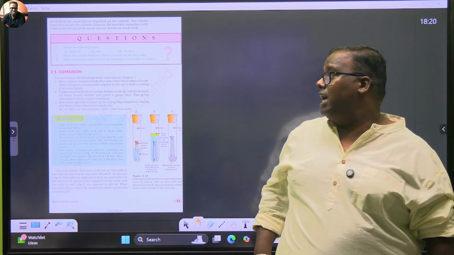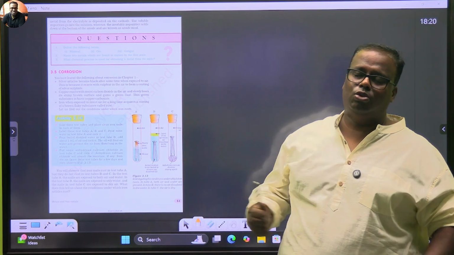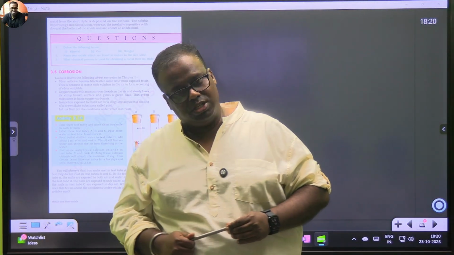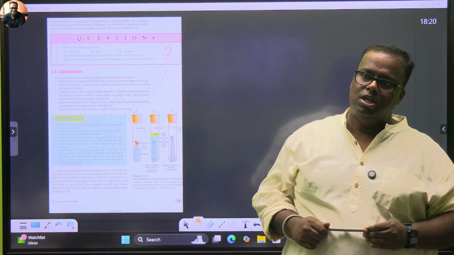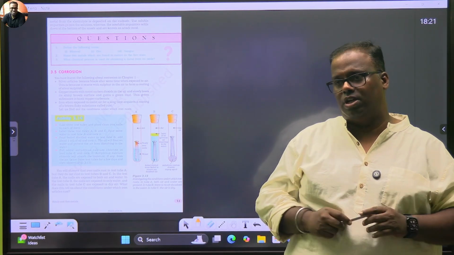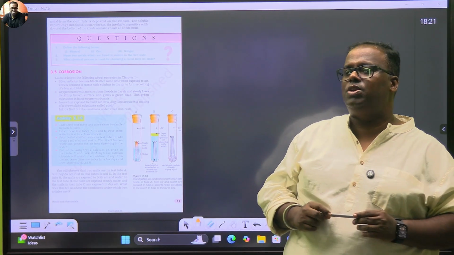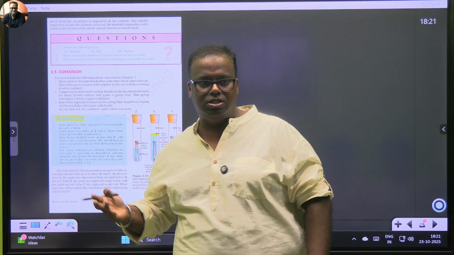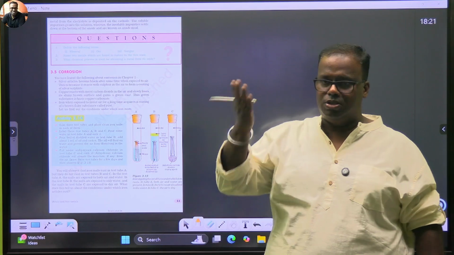Understood? And for corrosion to happen, you need two enemies: oxygen and moisture. Moisture is in the form of water. Any one you can cut off, your corrosion will not happen. So one of the easiest ways is painting. What does painting do? Painting creates a layer, a barrier. This is called the barrier method. You're creating a barrier between oxygen and the metal.